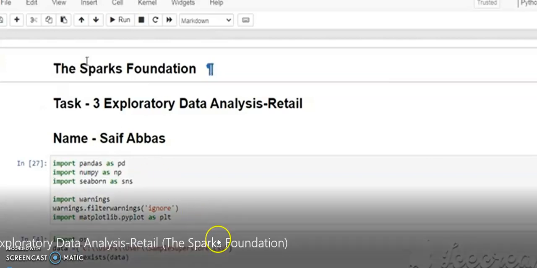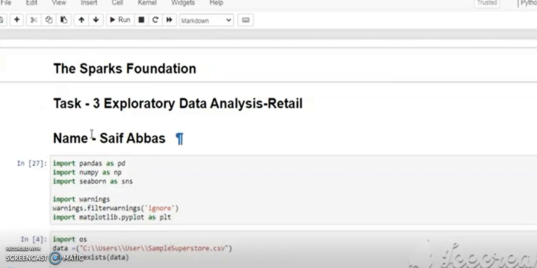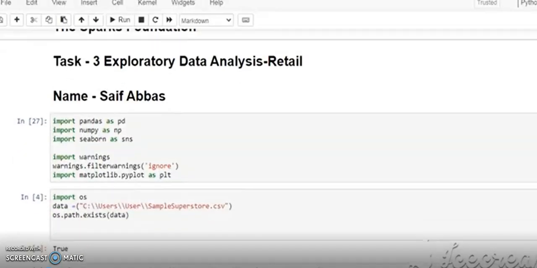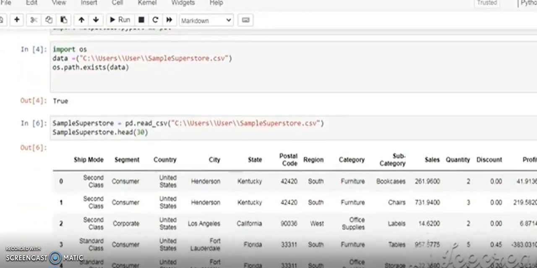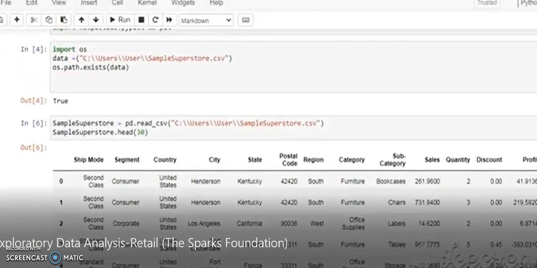Now, after importing these libraries, first we need to read our data. How to read the data?